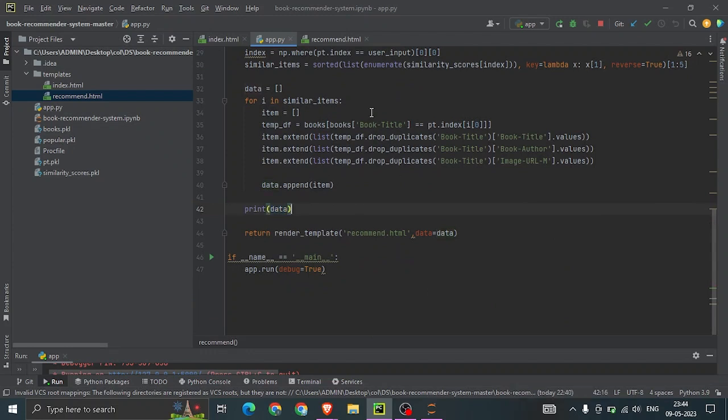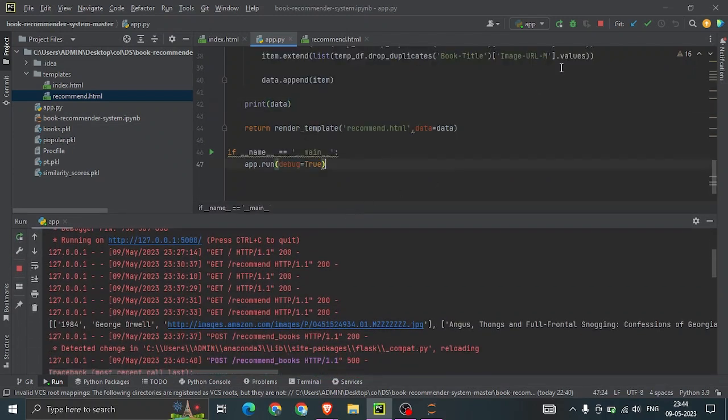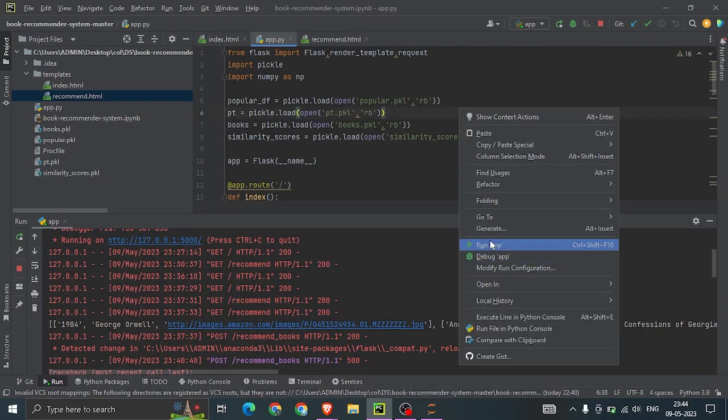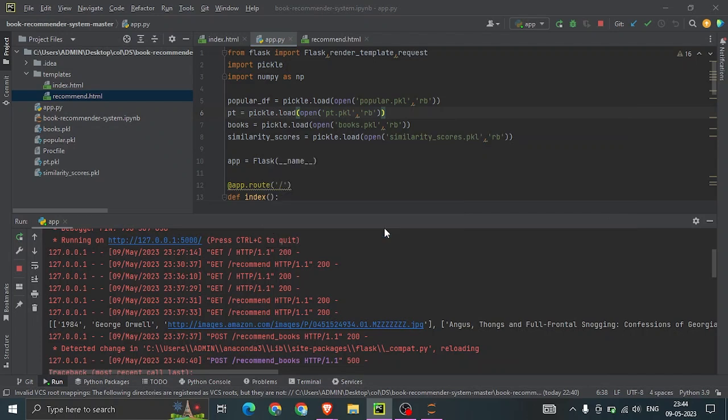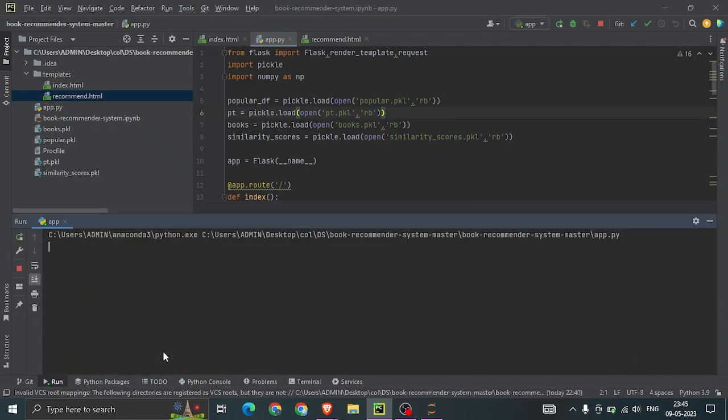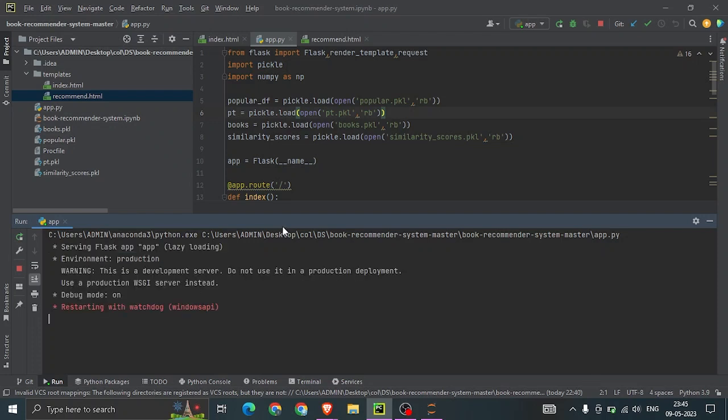That's all. So the end result is, to run a Flask file, you simply have to run the file. As I've already run the file, it will take it again.